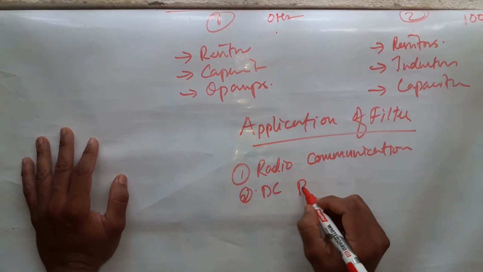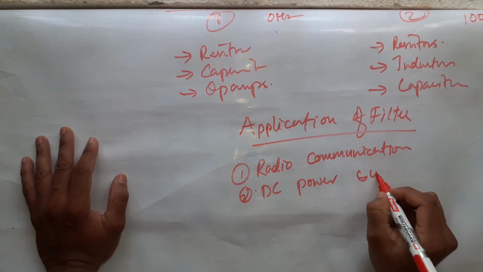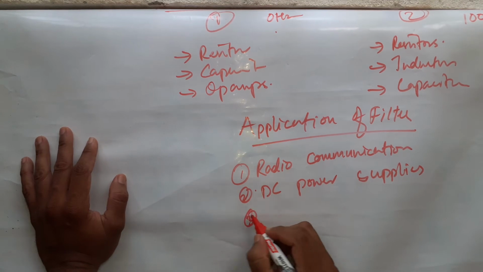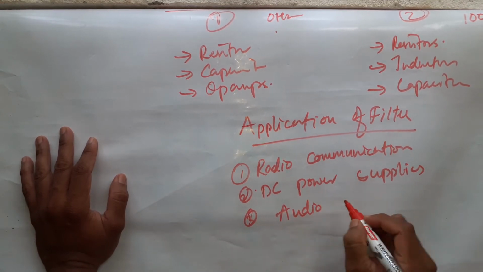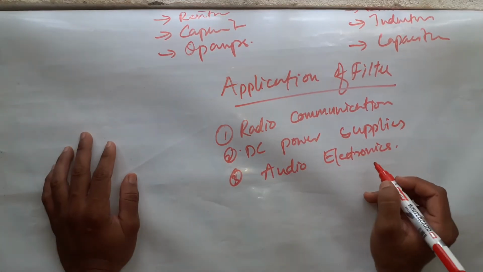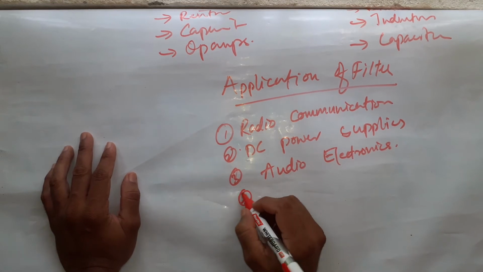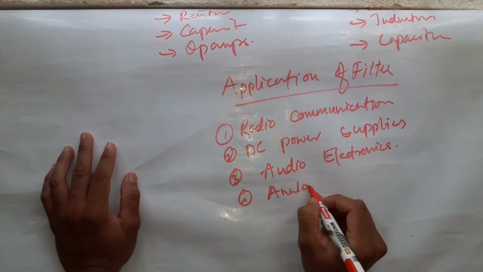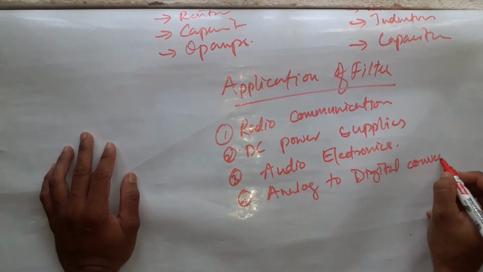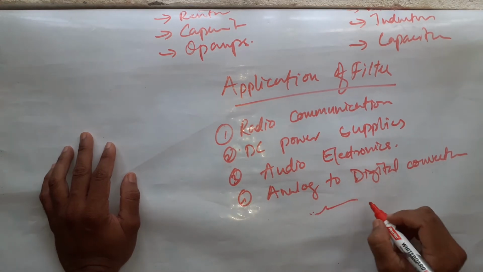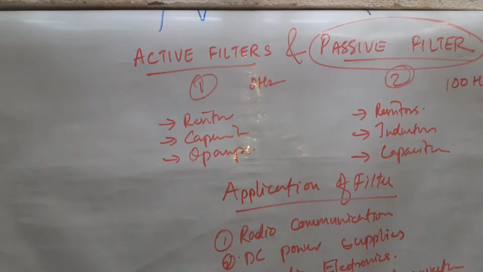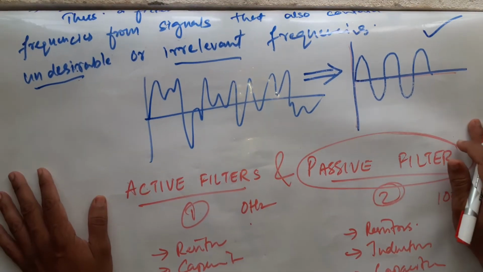Then DC power supply, then we have audio electronics, then we also have ADC, analog to digital converters, and still many more. Okay, and many more are there. With this brief introduction on filters, let me start